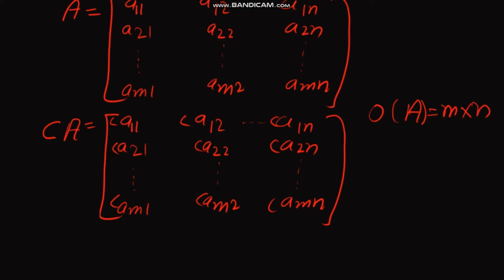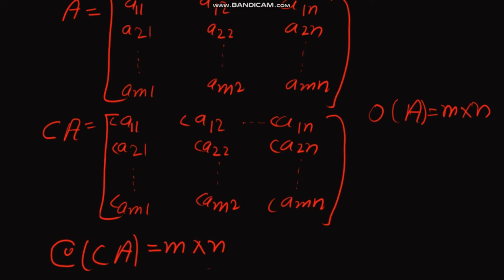So how many multiplications have we used here? That's 1, 2, 3. The number of elements in the matrix a is the same as the number of multiplications that we have used here. Okay, so the cost of matrix ca will be what? It will be m by n. The cost of ca will be m by n, because we have used m by n multiplications here.